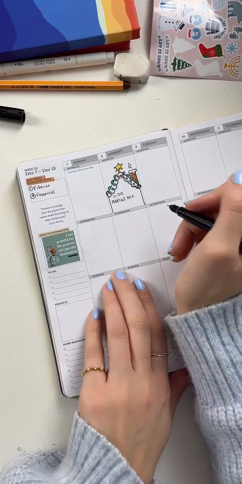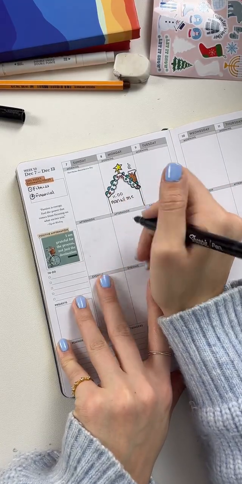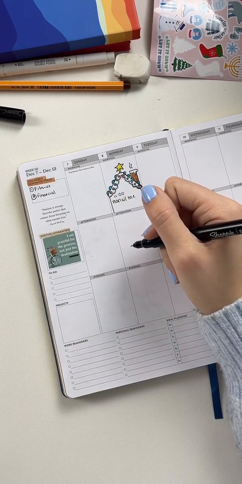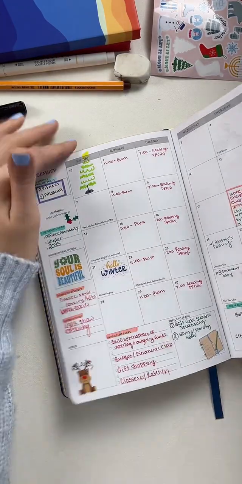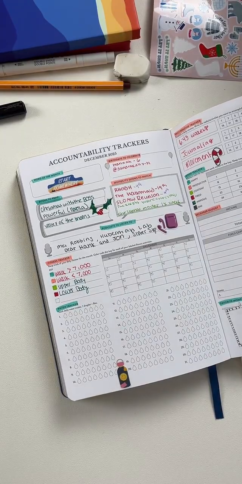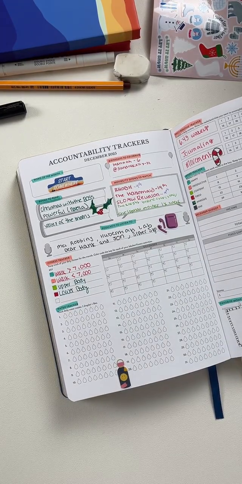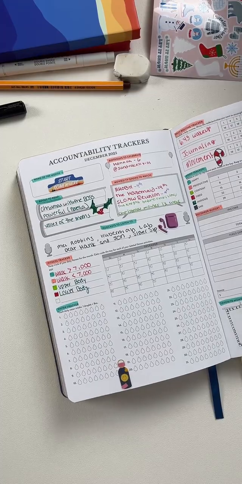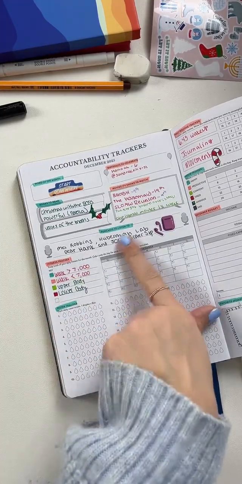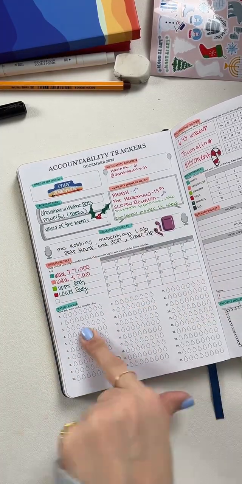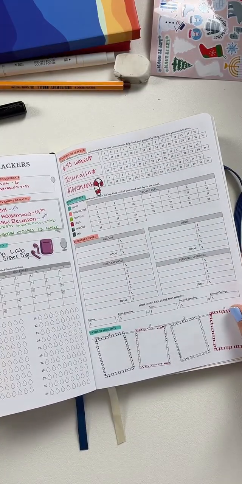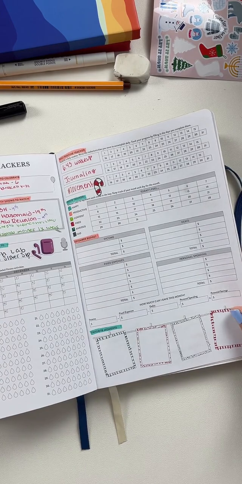What if we did... We're going to do different types of roofs for this. Yes. Oh, okay. Yes. Before every month, you are going to have the accountability trackers. These are going to include spaces for word of the month, birthdays, books to read. There's also an audiobooks one right here. So it'll go audiobooks and then podcasts, fitness, water tracking, daily routine, mood, budgeting, and favorite moments.